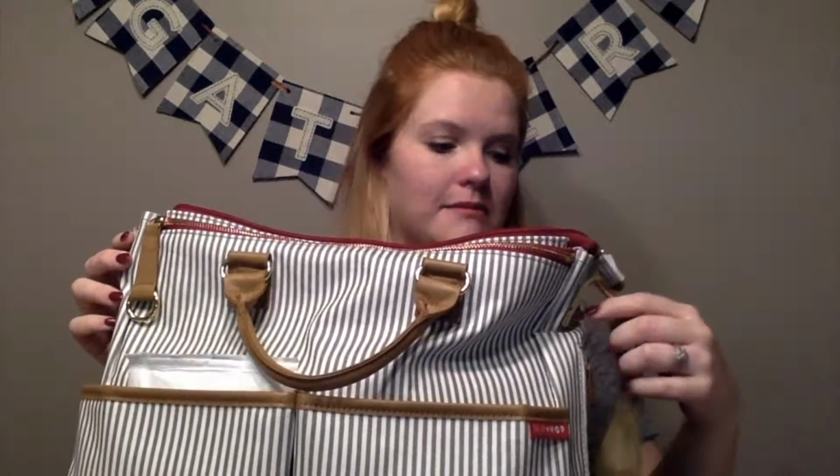Number 5 would be a good diaper bag. I have the Skip Hop Duo diaper bag, and I have to say that I'm not really all that impressed with it, other than the fact that it can hold a decent amount of stuff. It has stroller straps, but I really wish I would have gotten a diaper bag backpack or a backpack diaper